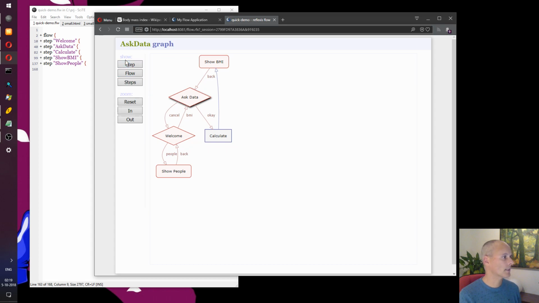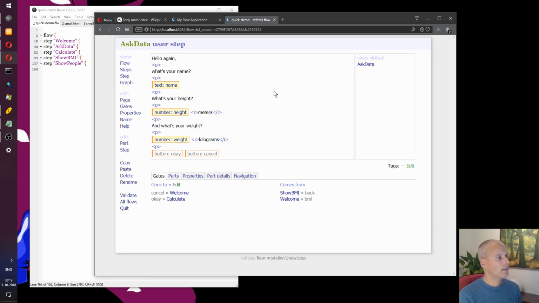let's go to ask data. Here you see the same definition. Here is the page, and here highlighted are the parts. So I can actually click this, and here we see that it only has one property set, a result property. Here there are 2 properties.